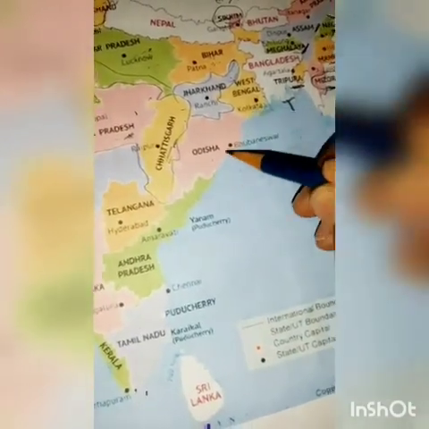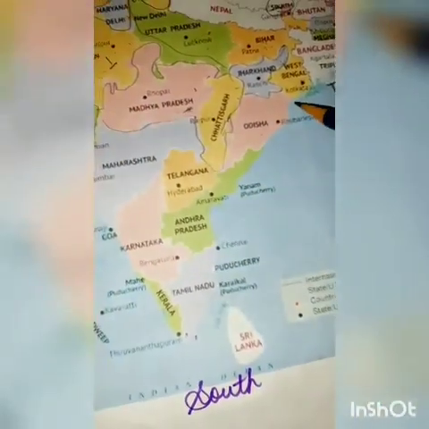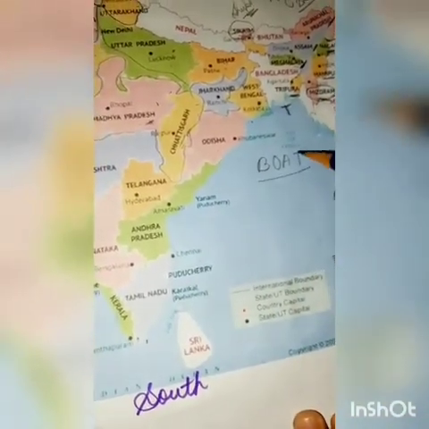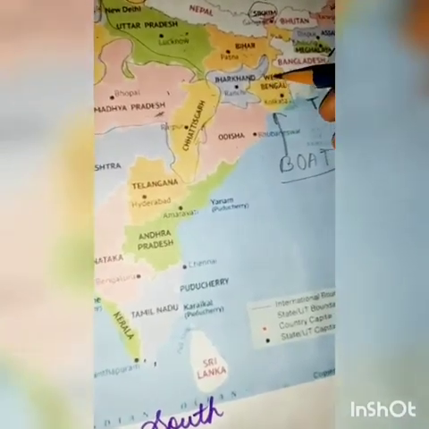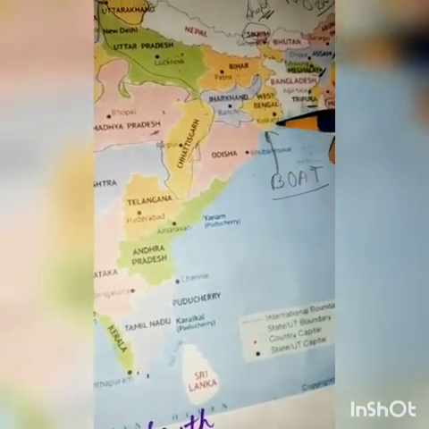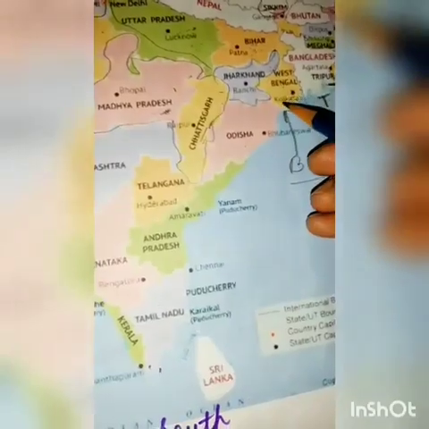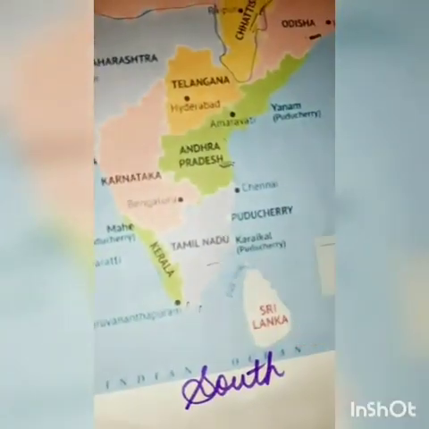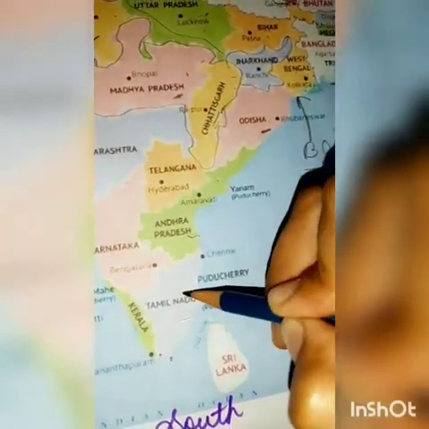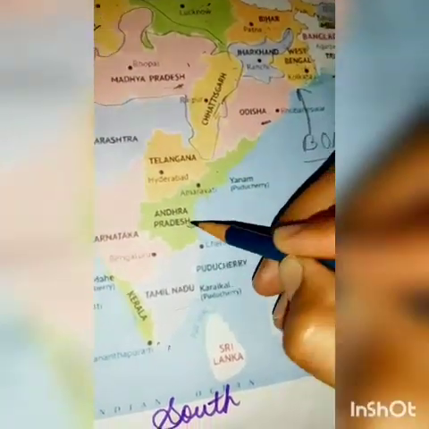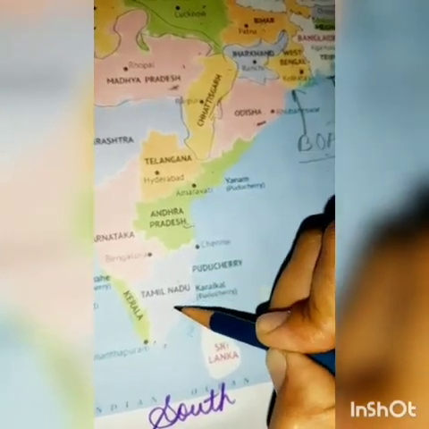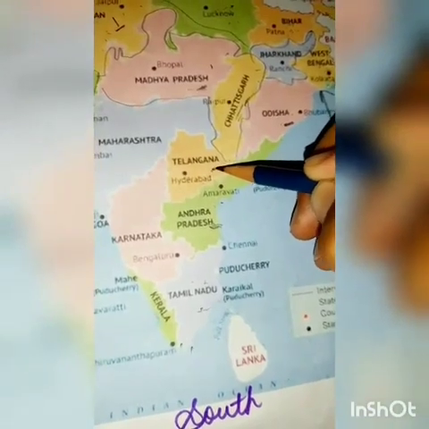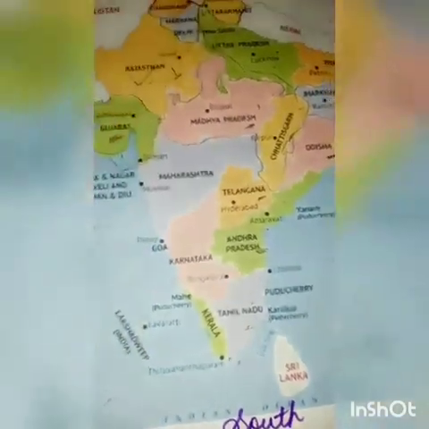Now, beta, we will discuss this part. For this part, remember the spelling BOAT, boat. B for West Bengal. Remember with the B, Bengal, West Bengal. O for Odisha. A for Andhra Pradesh, and T for Tamil Nadu. B, O, A, T, boat: West Bengal, Odisha, Andhra Pradesh, and Tamil Nadu. And with Andhra Pradesh, remember there is Telangana.